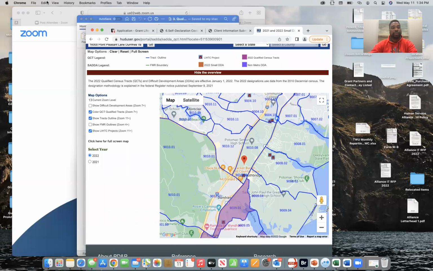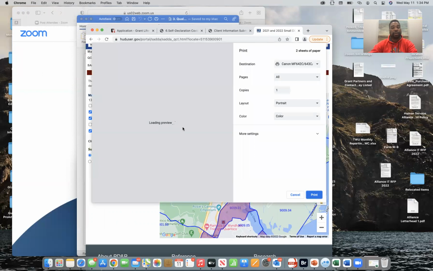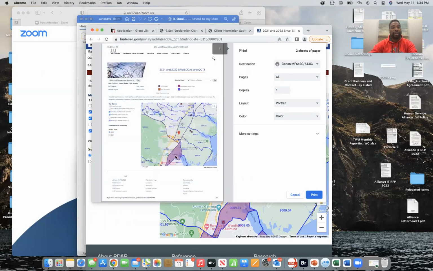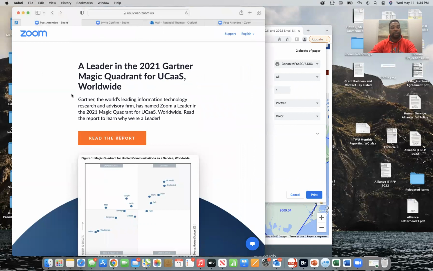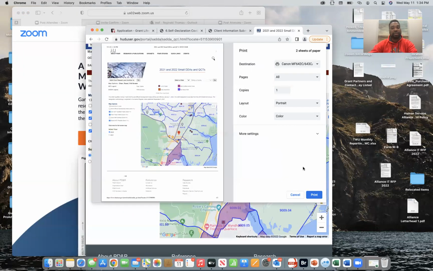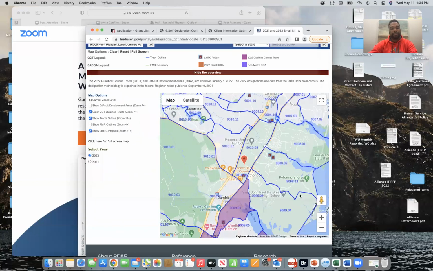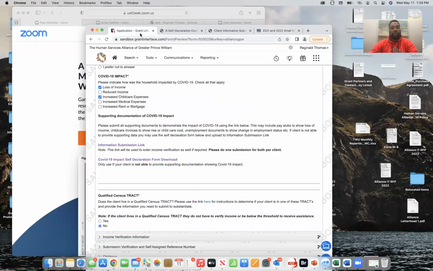Now, let me show you what we would need to do if it was a yes. If it was a yes, all you're going to do is come here. You're going to print out this as a PDF. So you'll print this page, save it as a PDF, and then going back. So let's cancel because we don't want to save it as a PDF. Then we're going to go back to the grant